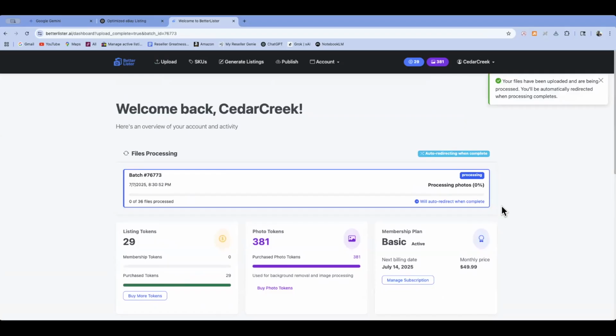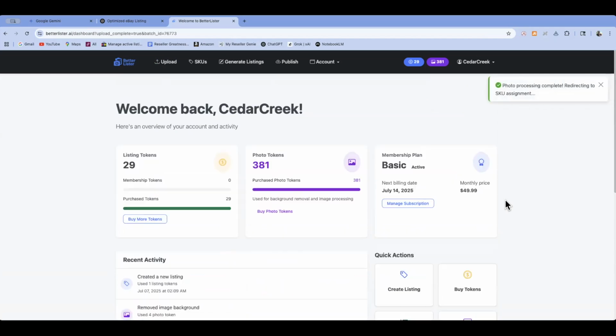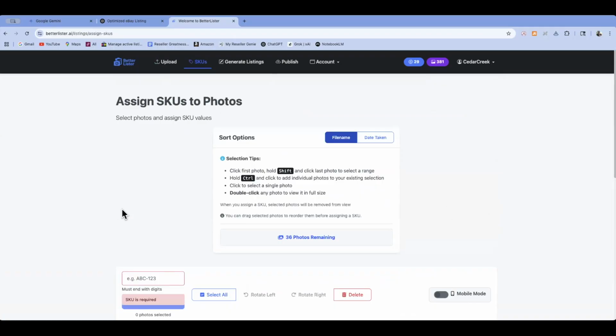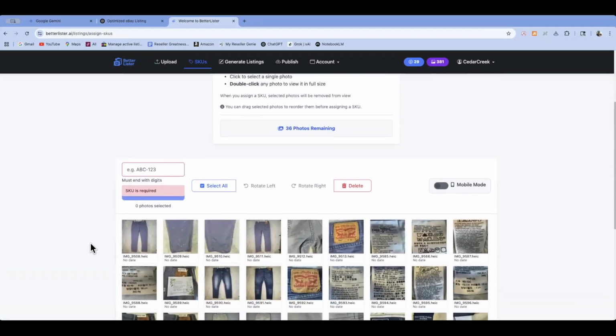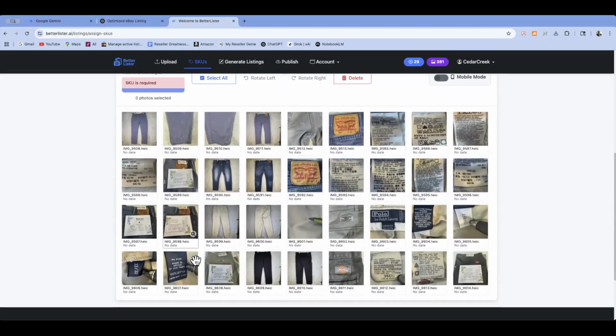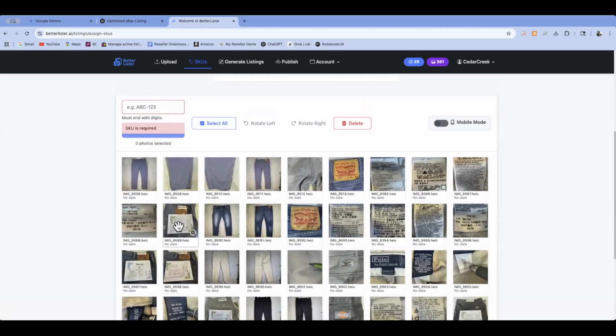Okay, it's now processing the photos, getting them ready for the next stage, which is SKU assignment. We're going to build complete listings all at one time. All right, so here are my pictures, all of them. This is my very first photo. Let me make sure of the SKU number,